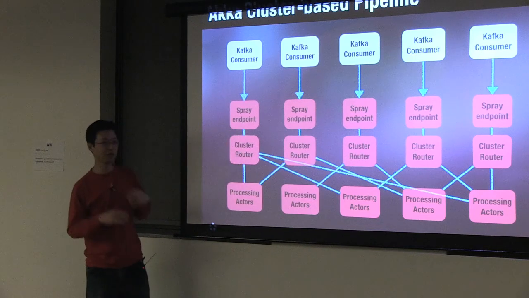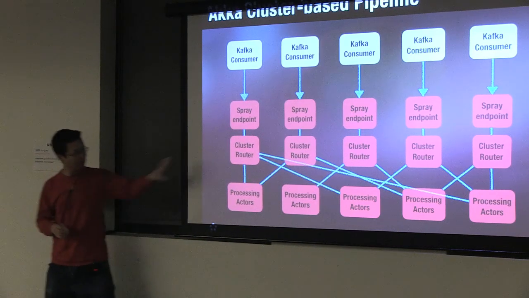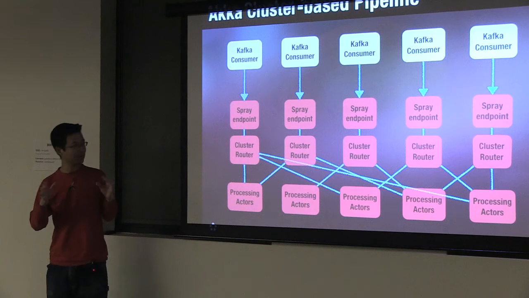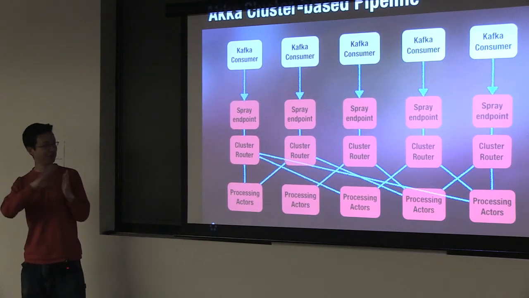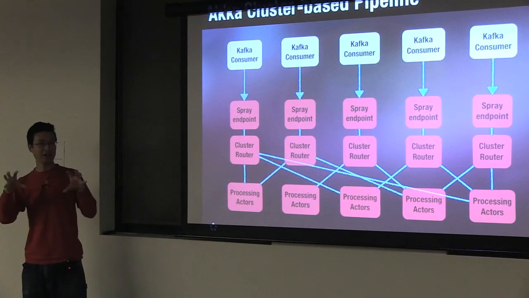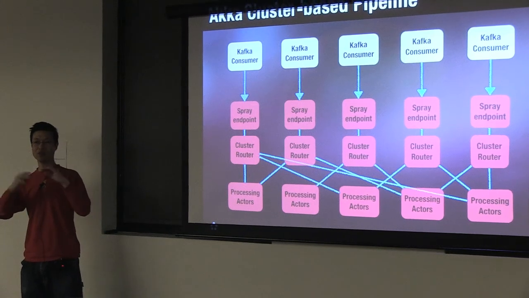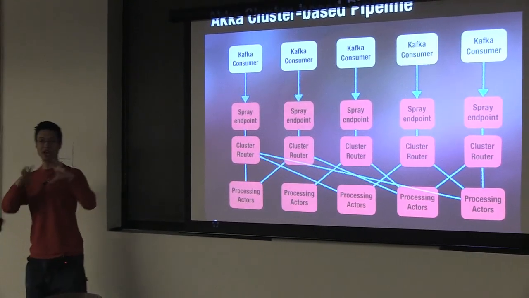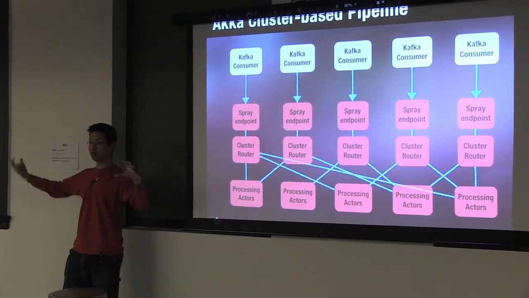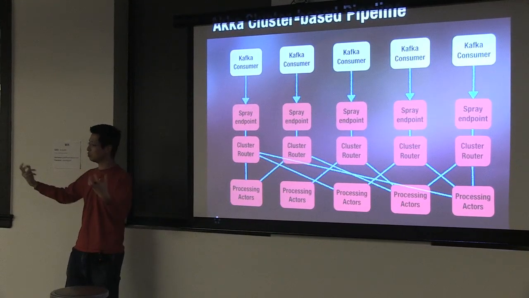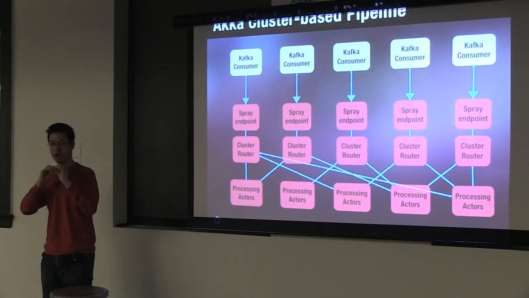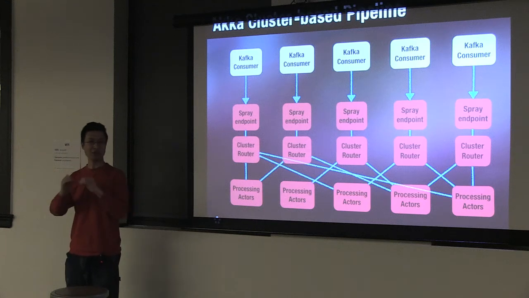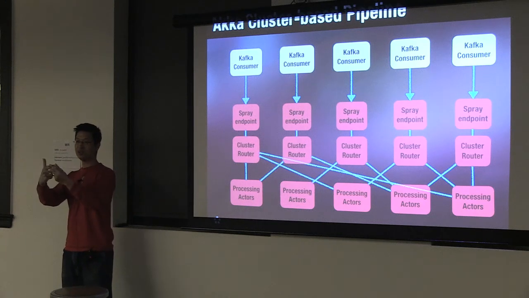The next part is really neat. We have something called a cluster router. And what the cluster router does is it's an Akka router. Sorry if I'm throwing a lot of terminology out. In Akka, you have a lot of actors. And a very common pattern is that you want n actors to do work for you. They might be on the same node. They might be distributed. So the way that you spread work out to these actors is through something called a router.